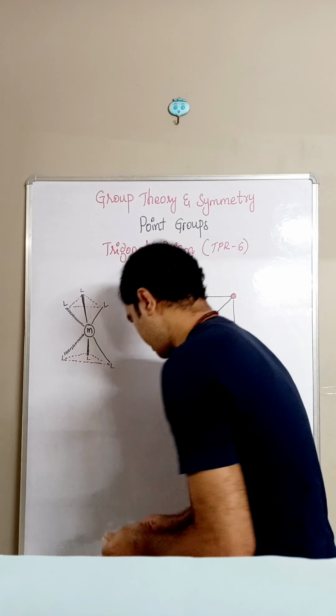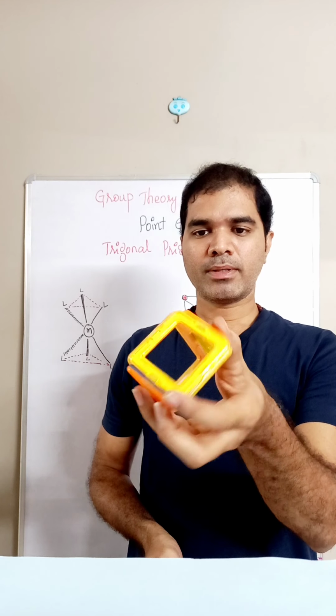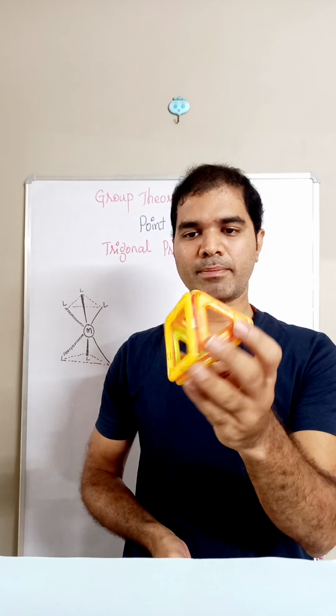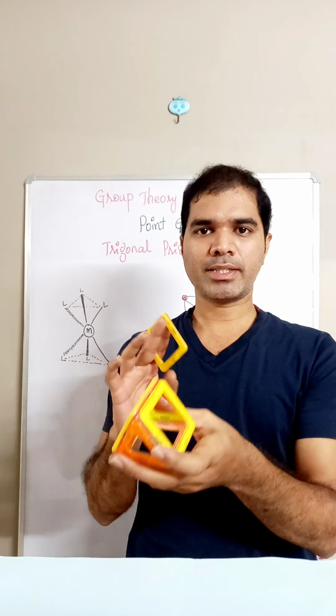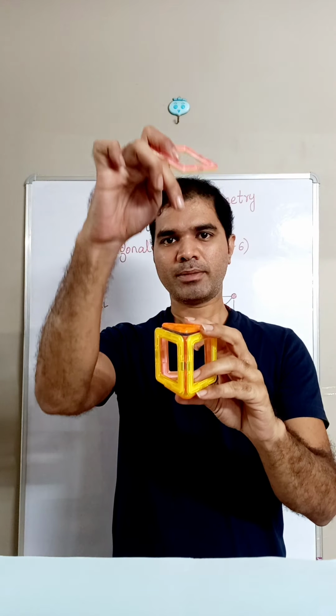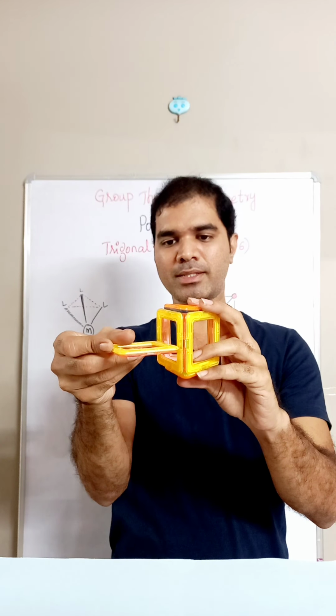Along with this rotational axis, let's also see some planes in this. As we are aware of, whenever we have Cn and n C2 perpendicular to it, it should belong to Dn type. And the higher fold rotational axis is 3, therefore it belongs to D3 type. Within this D3, if at all we can find out any sigma h, then the point group will be D3h. Assume this to be the principal axis. If I pass a plane which is perpendicular to the principal axis, that can bisect the molecule into symmetric halves. Above and below half are symmetric and mirror images. The same one I am showing in this way.